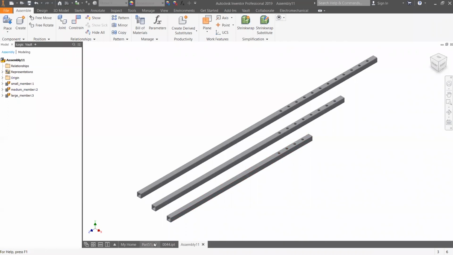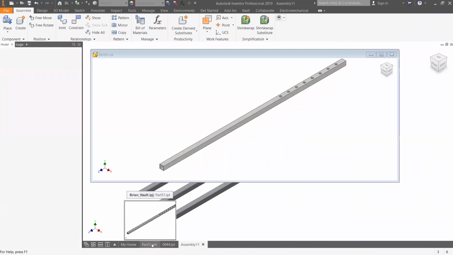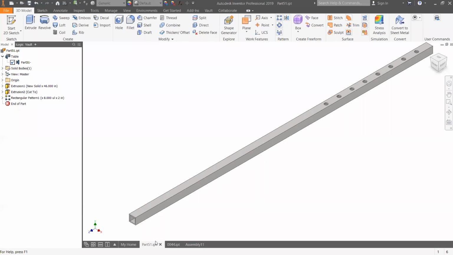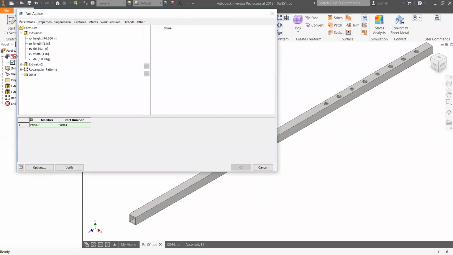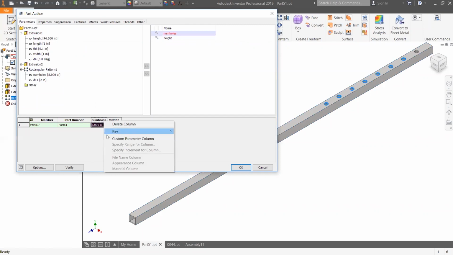And to create a custom iPart, you can begin creating your part like we did earlier. So I have this part 51 here that I created earlier, and it's on its way to become an iPart, or it is an iPart, but it's on its way to be completely populated. And we take a look here in the tables. I'll go ahead and first add the number of holes over, as well as the height again. What we can do to make it customizable is we can right click on the column that we want to give the user